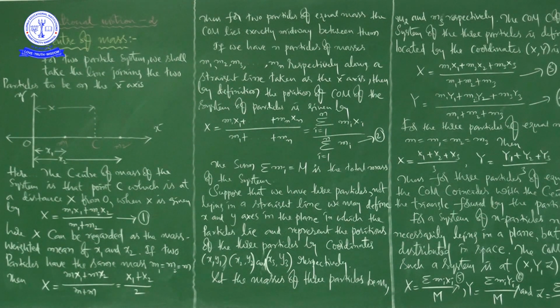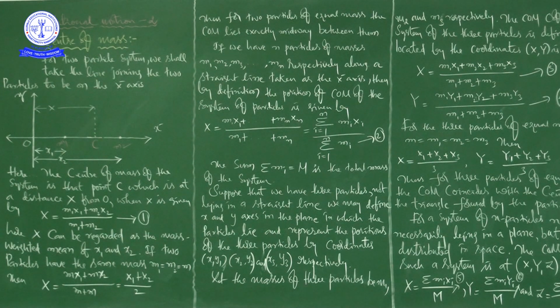And if you see regular bodies, for example triangle, rectangle and square, the geometric center coincides with the center of mass, no doubt. But in the case of irregular bodies, we are not sure. Irregular means which is not regular. Okay, right. So in this class our discussion is to calculate the position of center of mass.